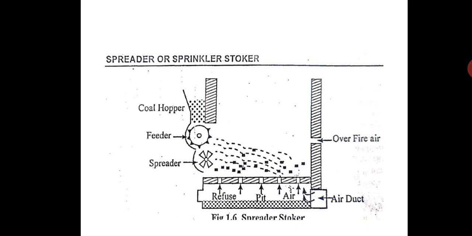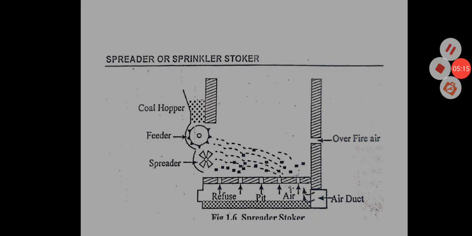And unburnt carbon particles may escape through the flue gases and reduce the combustion efficiency. So along with the flue gases and fly ash, some unburnt carbon particles can also get carried away. Carbon is the main component which produces the heat, though we will be losing some amount of carbon. This is the disadvantage of the spreader stoker. So in the next discussion we will see the single retort stoker as well as the multi retort stoker.